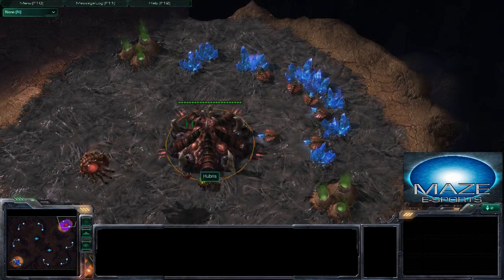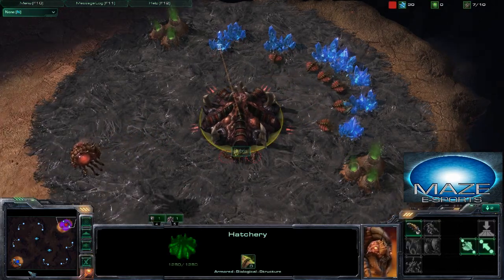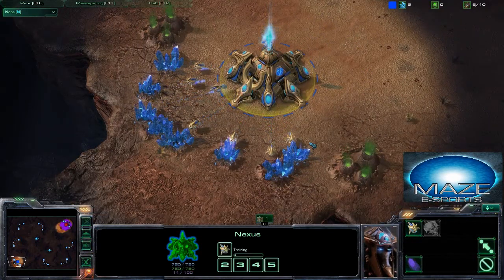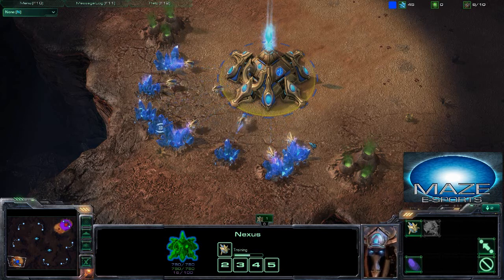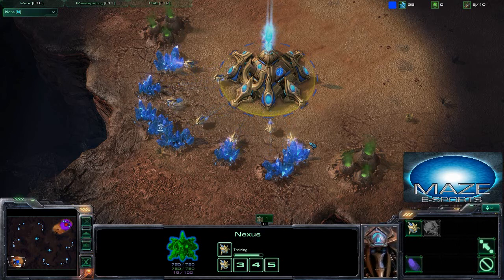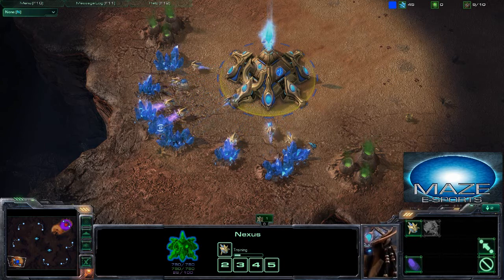Now, this is a matchup I just played, and it's a PvZ against Hubris, and I am here in the bottom left-hand corner playing as Protoss once more. And for those of you who are having trouble with a PvZ matchup, here is a game just for you guys. I think this pretty much shows you a lot of effective strategies that I've been using against Zerg lately,